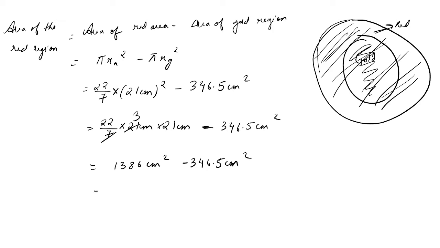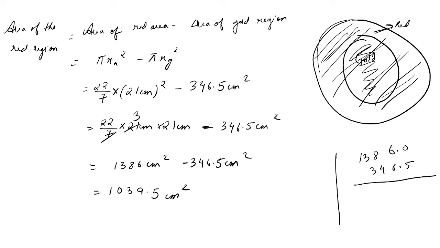So this shall give you 1039.5 centimeter square. Okay, subtraction, I hope you're well versed with subtraction. 0.5, so you can always put a point here. You take 10 from here, you're left with 5. If you take 1 from here, 15, then you'll be left with 7. So this becomes 1, 0, 7 minus 4, 3, 6 minus 15, 9, 10 minus 5, 5. So that means the area of the red region is going to be